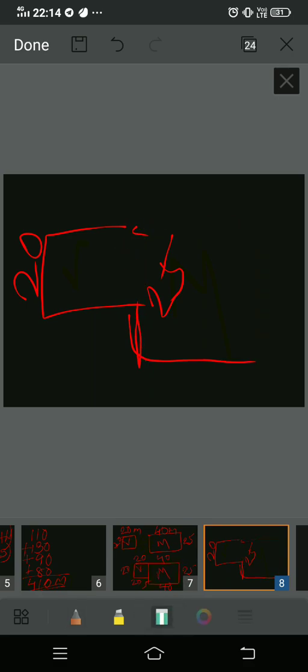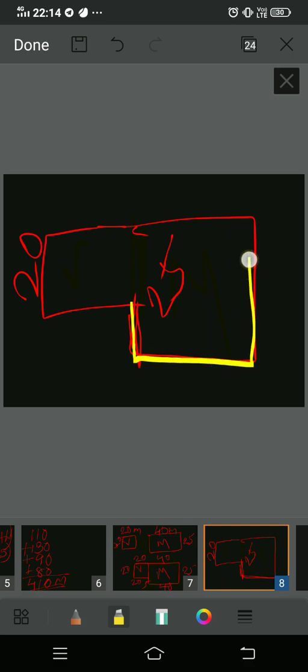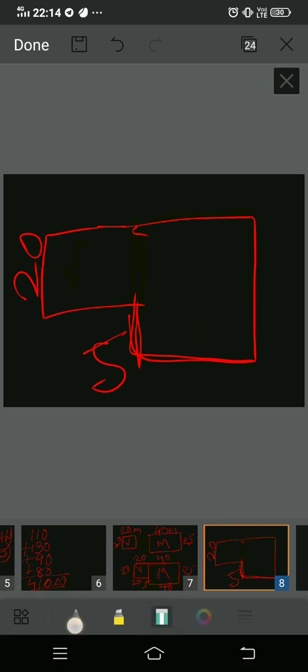Okay, we will be rubbing this part. Okay, now the plot is like this. Because this is 20 meter, the 20 meter has merged, so this part we don't take for Manoj or for Veena, but the extra 5 meter we will have to take into consideration. So this 5 will be added. Okay, this 20 will be there, and here the measurement is 25, this 40, this 40, and this 20.